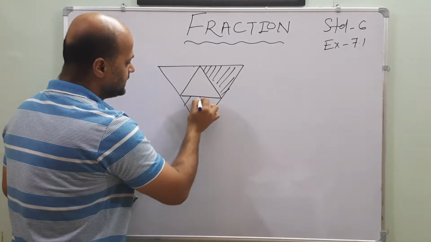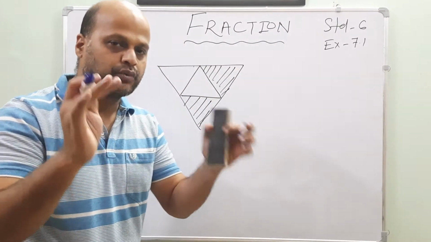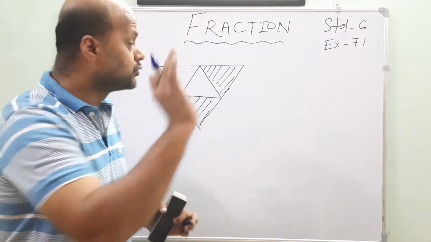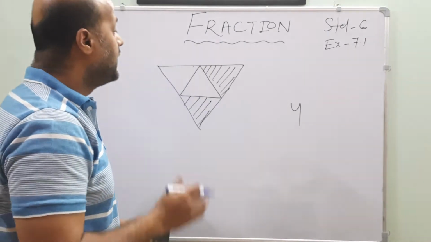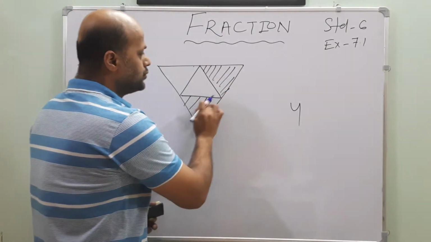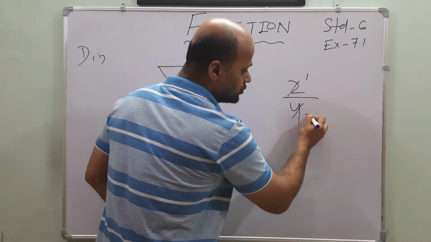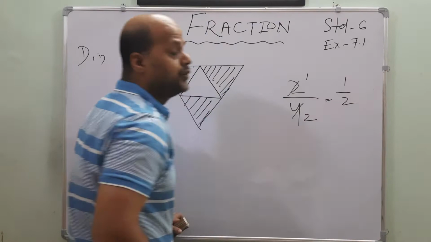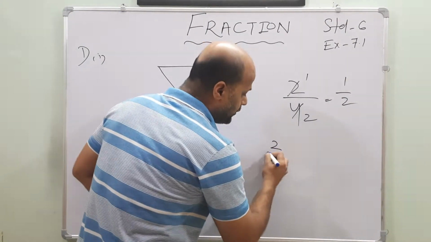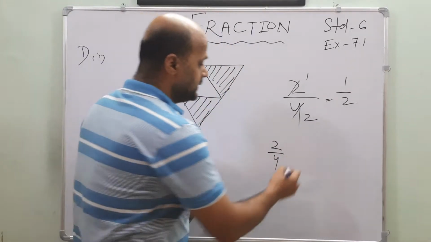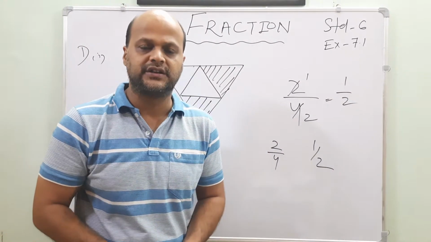What is the fraction representing the portion stated here? Who will tell me? Always remember, total how many parts are there? 1, 2, 3, 4. So total will be written down. And how many parts are stated? 1, 2. 2 by 4. Again, 2 ones are 2, 2 twos are 4, so it is 1 by 2. Fraction is 1 by 2. Some people will write 2 by 4. It is correct. Some of them write it as half of this section, which is also correct. So what is the fraction stated?